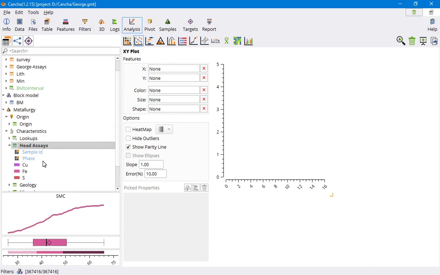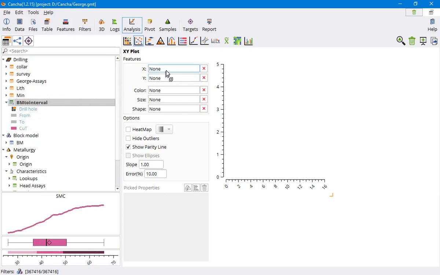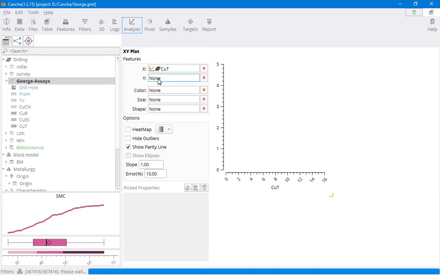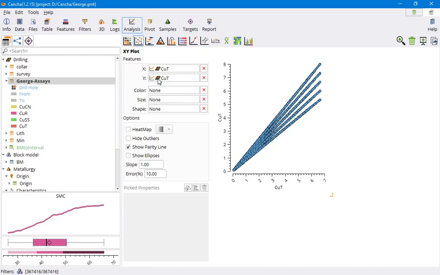Well, here we've got the block model. So copper grade in the block model versus copper grade in the drilling. Now I made this up, so this is all completely garbage data. But you can see how it might be interesting to look at how the copper grade in your block model correlates to the copper grade in your drilling,